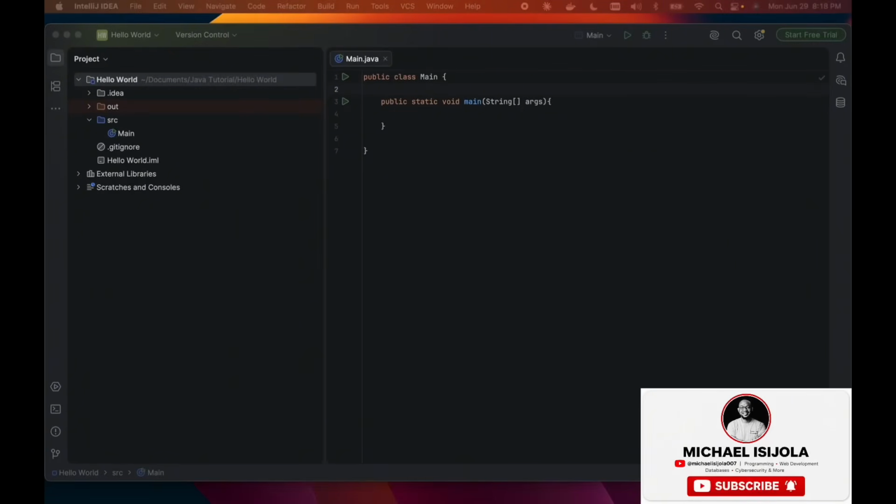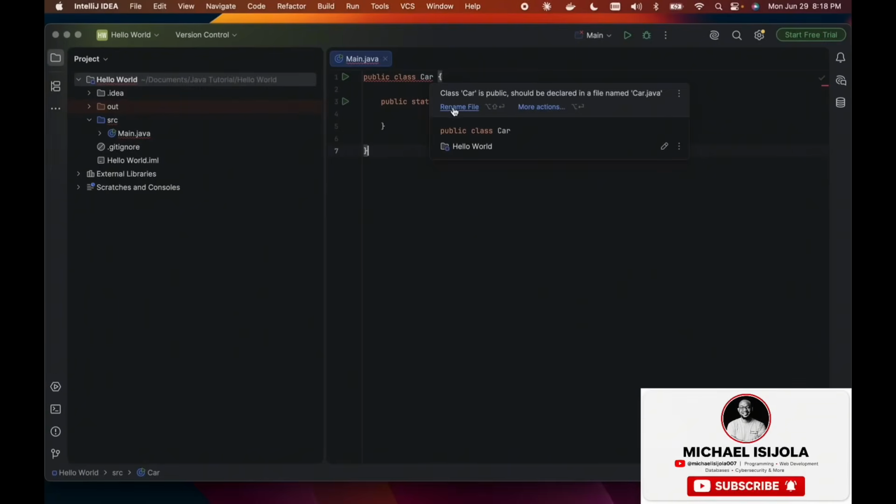So I'm going to show you an example of everything I've been talking about, so it doesn't just look as if we're just talking and not really showing an example. Instead of having this, for instance, I will change this to Car. If you watched the previous video, I said the moment we change this, we have to rename the file to be the name of that class. So we're going to do that renaming, which we're able to do with IntelliJ to help us rename that class. So now we have a class